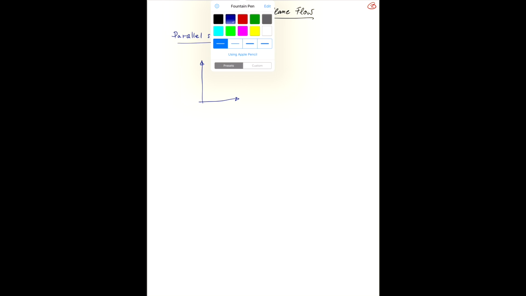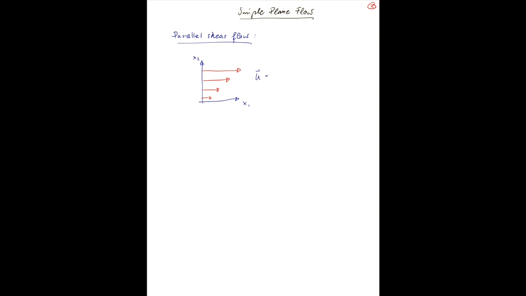So now I'll talk about simple plane flow, and we'll do two examples. The first example is that of a simple parallel shear flow, and we've encountered that before. It's the case where you have your velocity field only varying in one direction. So it might be slower down at the bottom and then get increasingly faster, but it only varies with your x2 direction. So this is x1, x2, and then your velocity field, in this case, u is given as